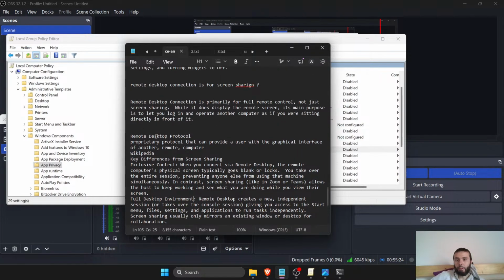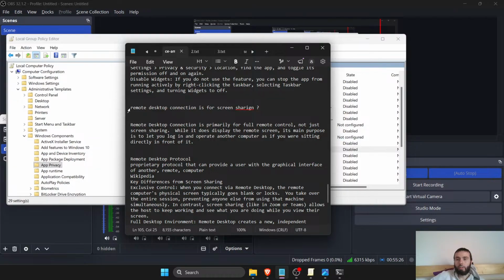No, wait, it's called remote desktop connection. On Windows 11 you're probably going to find it in the add or remove programs list, and the purpose of it is, in the same manner in which the weather widget's purpose is to give you information about the weather,